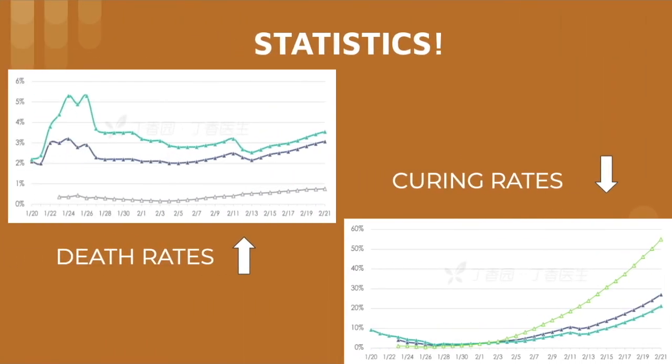Now, it's statistics time for today. From these graphs, we can see that the death rates are not very high. At the beginning, it's a little high at about 5%, but recently it's dropped and now it's only about 3.5%. The cure rates are also rising, from 10% at the beginning to almost 55% now. Therefore, we don't need to be too worried about it.